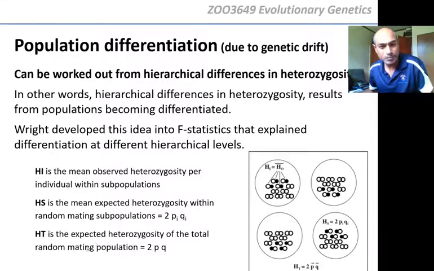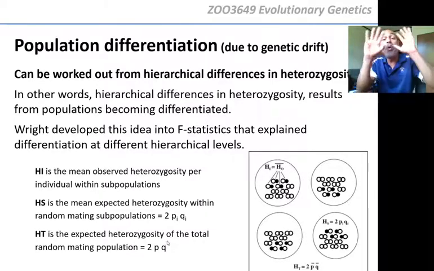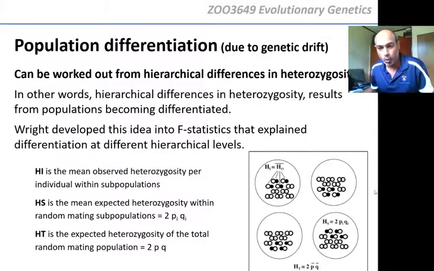And then HT is the expected heterozygosity of the whole population. So basically you consider this whole square here. There's no divisions inside. Everything is one population. And then you work out exactly the same. You count how many of the black alleles there are. Then you divide by the total gene pool. That will give you Q. You minus from 1, you get P. You multiply P times Q, and then you multiply by 2, and then you get the total heterozygosity for everything here, the total population. So now how are these 3 levels of heterozygosity, the individual, the subpopulation, and the total